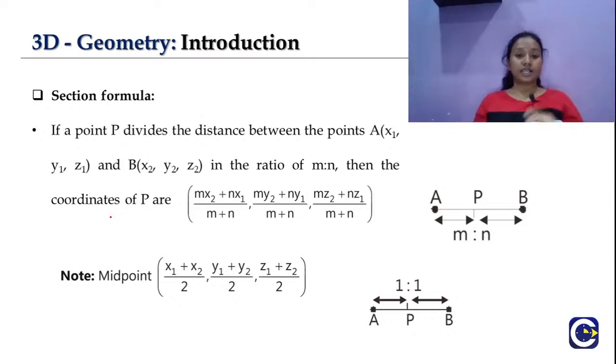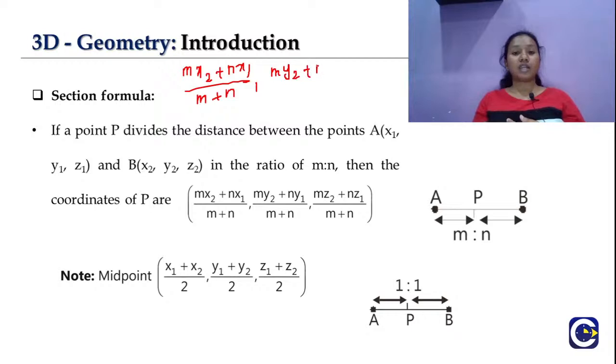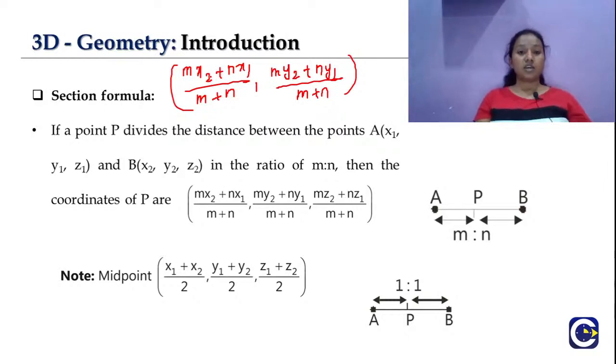which is the z coordinate. So in our 2D geometry, what is the section formula which we have seen? That is mx2 plus nx1 by m plus n, comma my2 plus ny1 by m plus n. So this is for internal division, whereas if it's external, then it will be a minus instead of plus. Right. So the same formula will be here even for the 3D geometry, whereas the z coordinate will be added